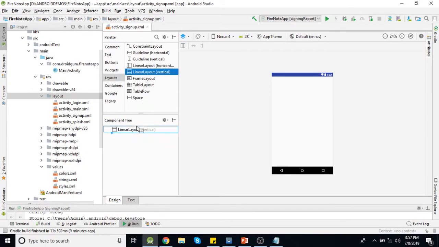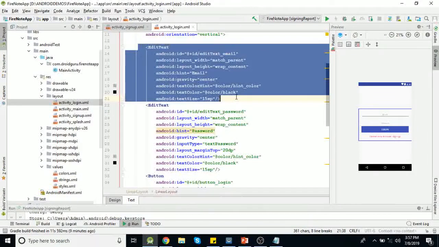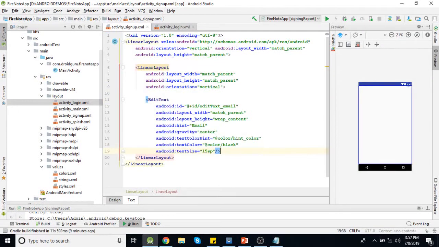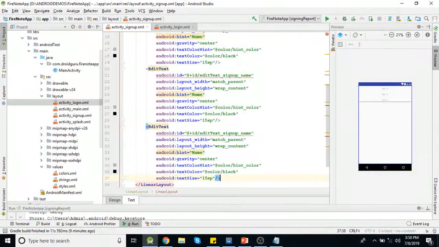So let's add first one linear layout. We can use the same edit text here, so better I am copying it. The id will be edit_text_sign_up_name, and the hint will be name. Then we need to take email ID and password from a user, because using that email ID and password we are going to create a user in the database, and we are going to use those parameters for the sign up and login process.